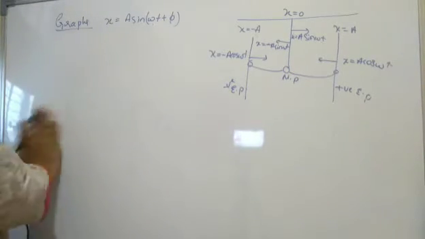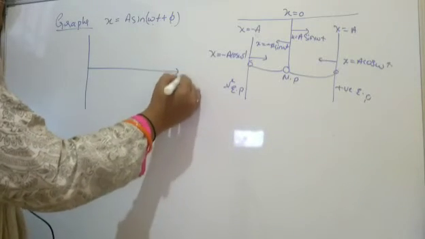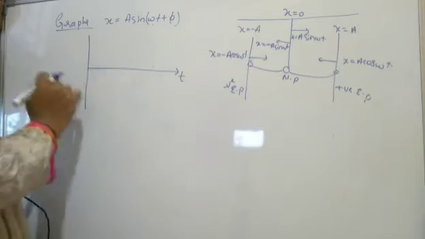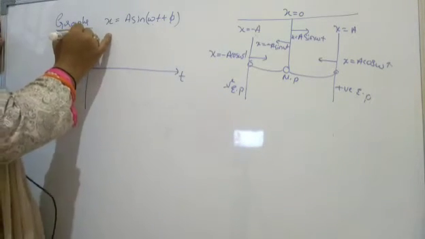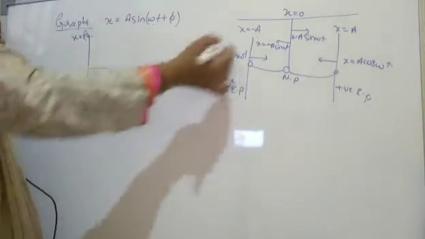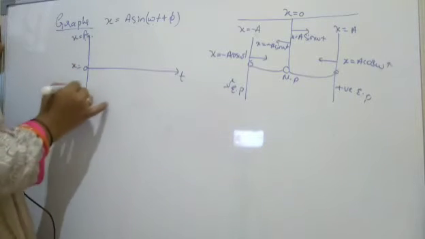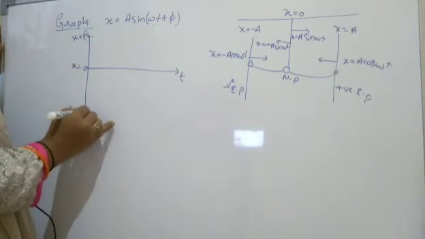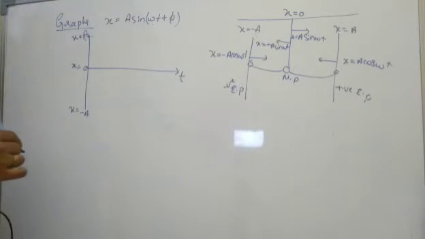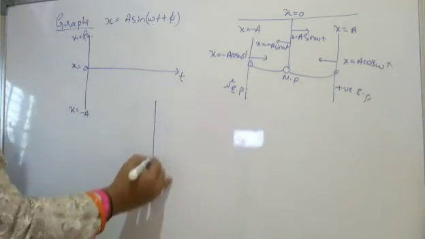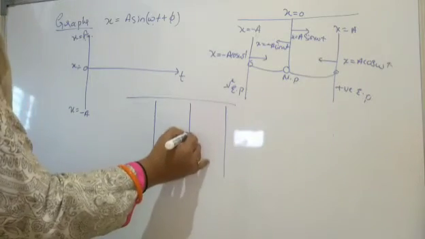Now if you go ahead with the graph, the graph of displacement, right? So time period t is on the x-axis here, and I will go ahead with x. Let me take this positive x here, in the same form, positive I have taken up here. This is x is equal to 0, the mean position, and x is equal to minus a, the extreme position, right?